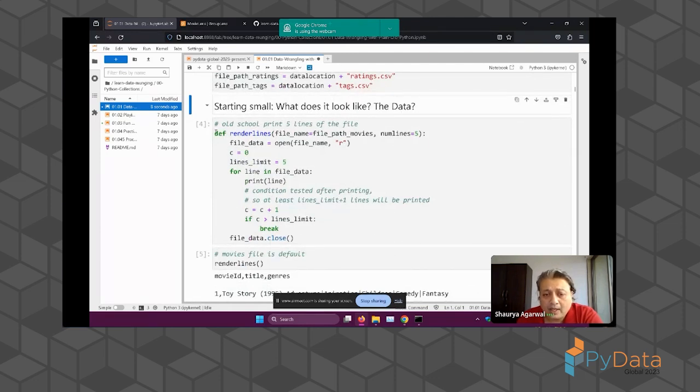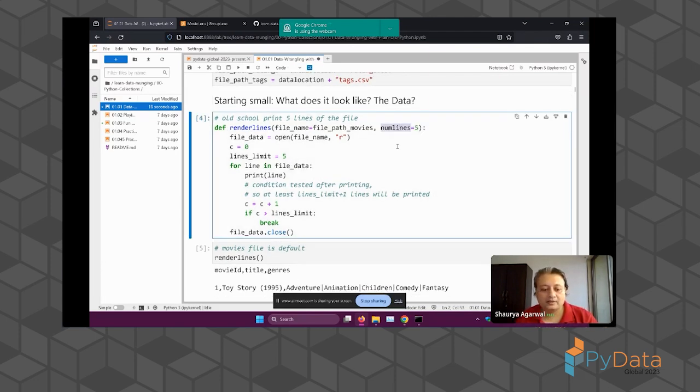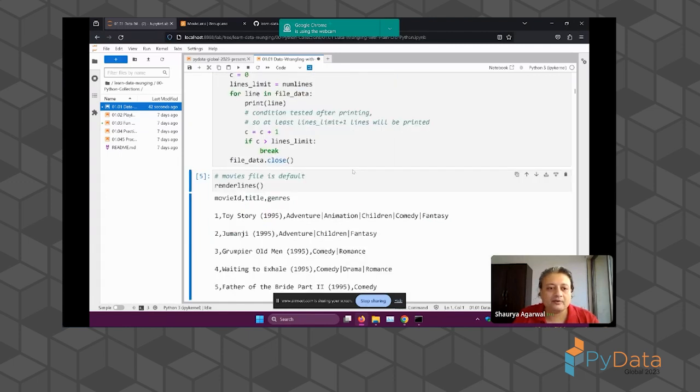So let's just see what's inside a file, right? So this is the very old school. You have a text file. Show me the first n lines, right? There we go. There's a bug in here. So this should be like this, right? And that is it, right? So if I run this, I should see the first, whatever, 5 lines, right? So when I run this, I see that my